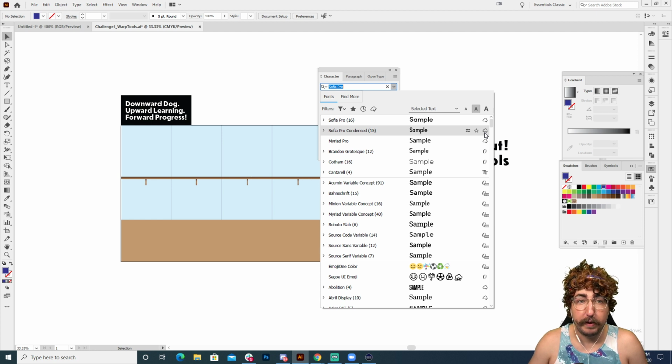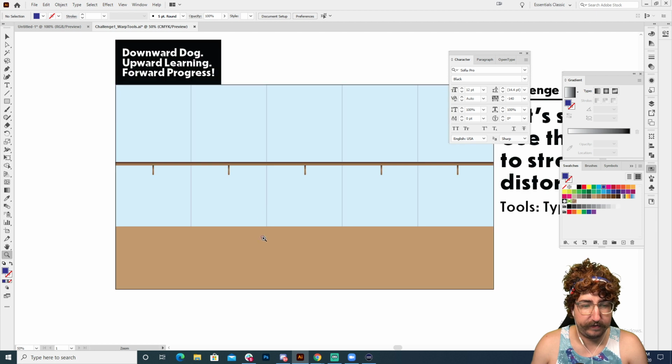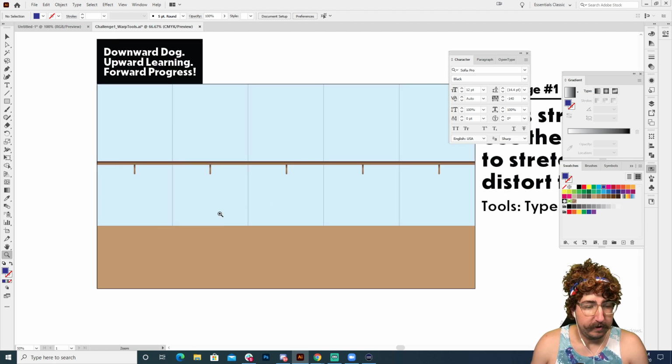And yes, Camilla, Bebas Neue is 100% a great option for this. For your challenge, I would definitely use Bebas Neue. That and Trade Gothic are two of my favorite sans serifs, just because they are tall, they are strong, and they really represent what we want. Today, we're going to use the condensed version of Sophia, just because it's already synced. I probably have Bebas on here as well, but we're going to use that.